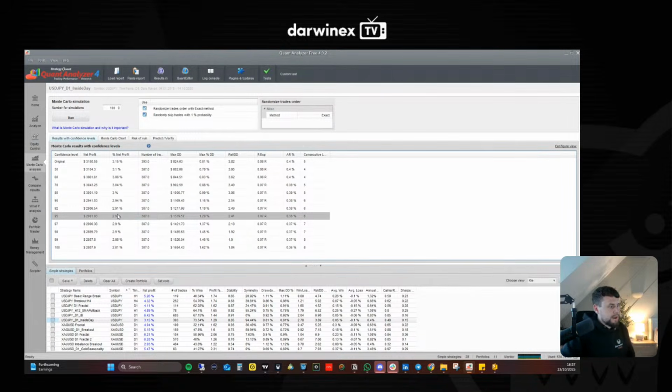So we can say within a 95% confidence level, again, over the past 8 years, the lowest profit that we would have made would have been 2.9% with random outcomes. The max drawdown might have increased from 0.8% to 0.129%. That's balance-based drawdown, not equity-based drawdown. So that's slightly higher. I'm okay with that. The return to drawdown ratio would have been decreased from 3.82 to 2.41. So it's not ideal. I probably wouldn't implement this if this was the original test.